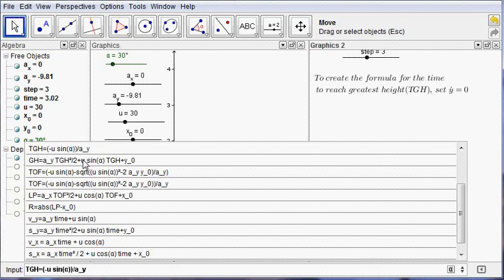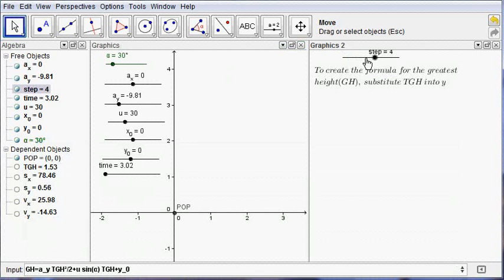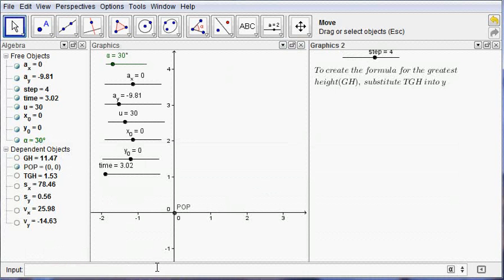Then I substituted that time to greatest height into the vertical displacement equation. I got this result. I'll just show you that. Okay. So the greatest height formula was that one there. And then